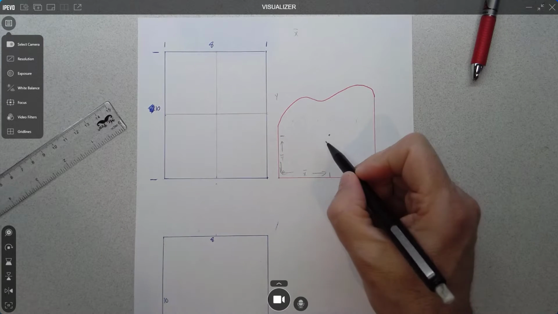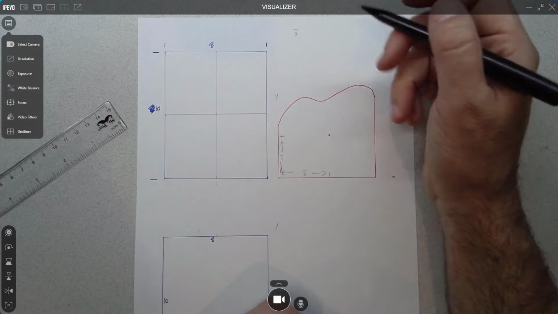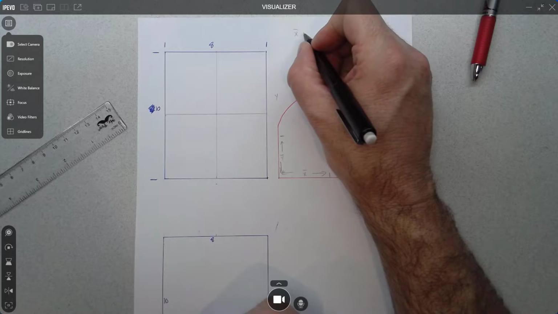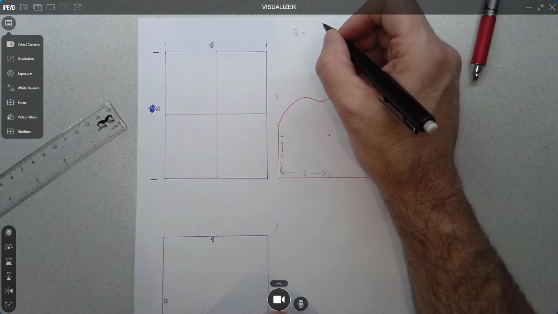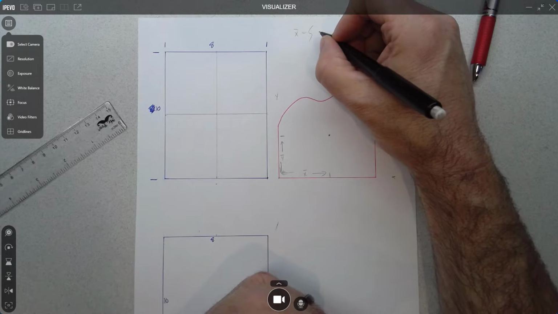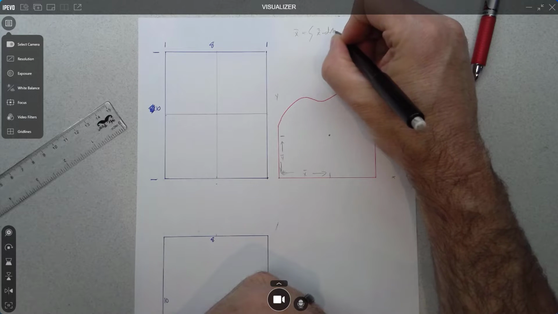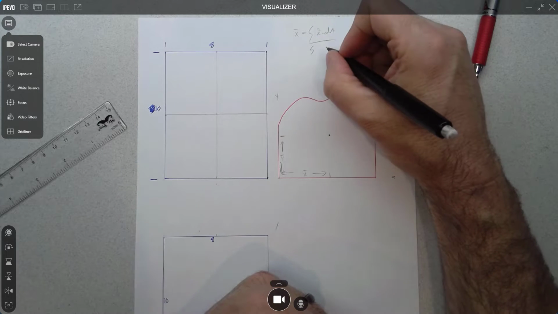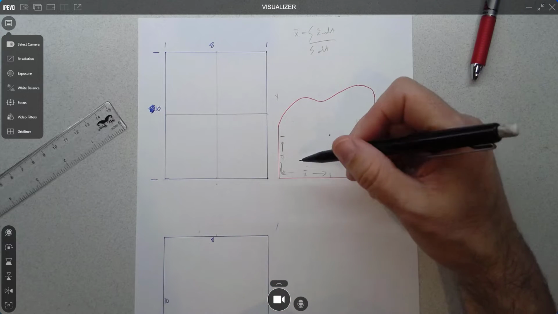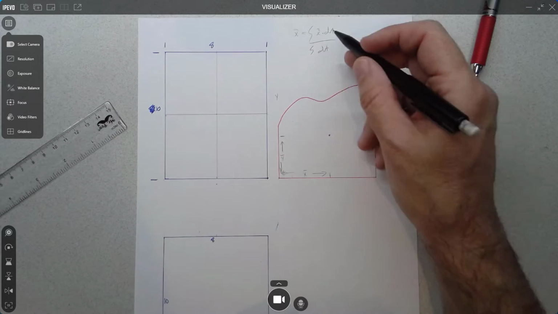But how do I find that? So the equation to find the centroid in its x and y coordinates is always going to be equal to either the integral, if it's a complicated shape like this, so we could say the integral of our individual x's times areas over the integral of just the areas. And so what that's saying is basically we're looking at individual pieces of this, how far that piece, that dA,